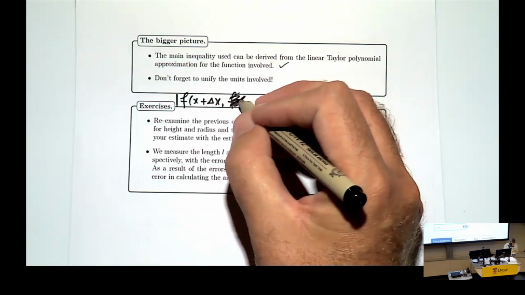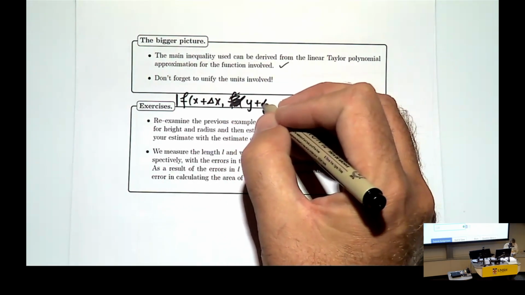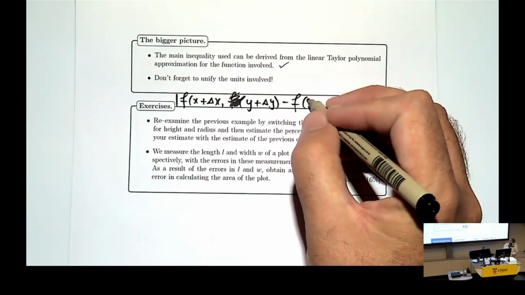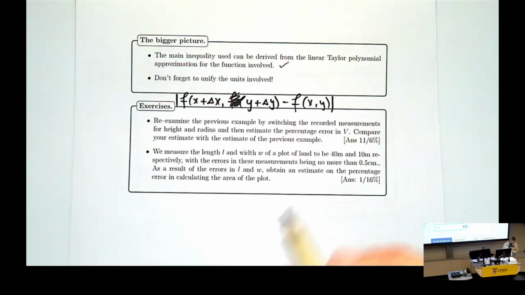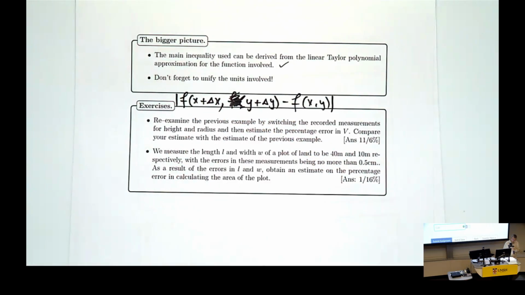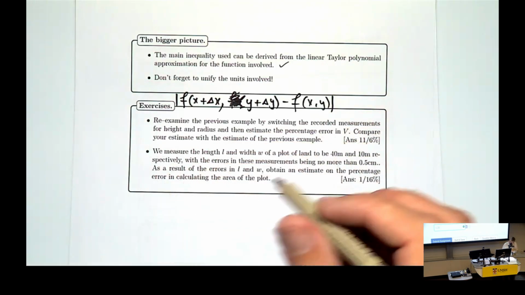Okay, so there's no f there. This is just one function. So that's your error. The thing on the left is the true value, and the thing on the right is your approximative value. Okay? And so this is going to be less than